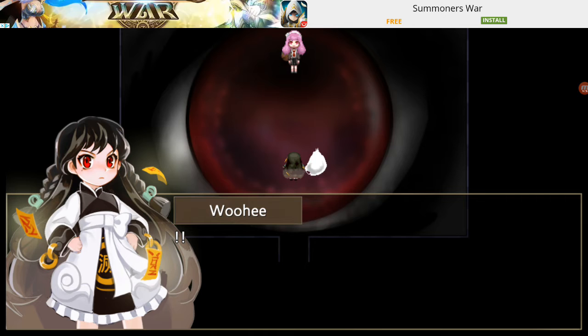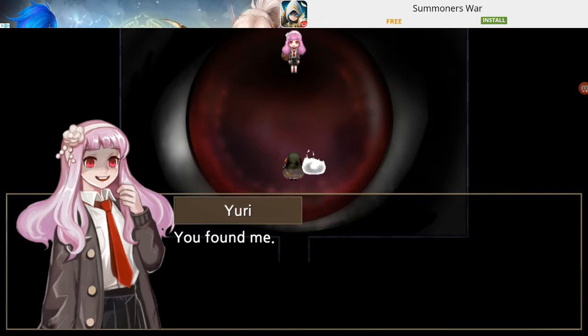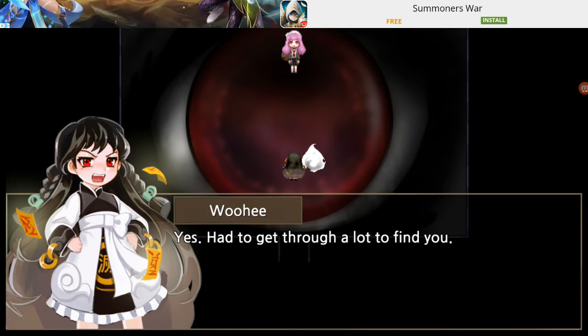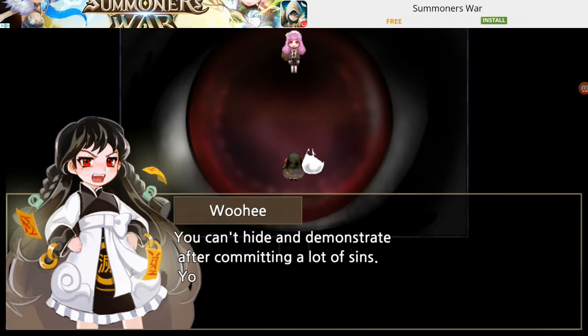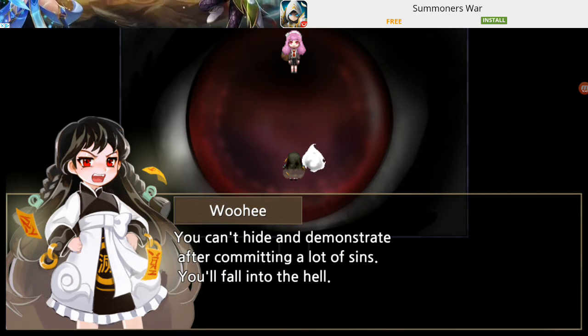And here we have our first ending. You found me. I think we've seen this before, but it goes a little bit more in depth. Yeah, I had to get through a lot to find you. You can't hide. After committing so many sins,